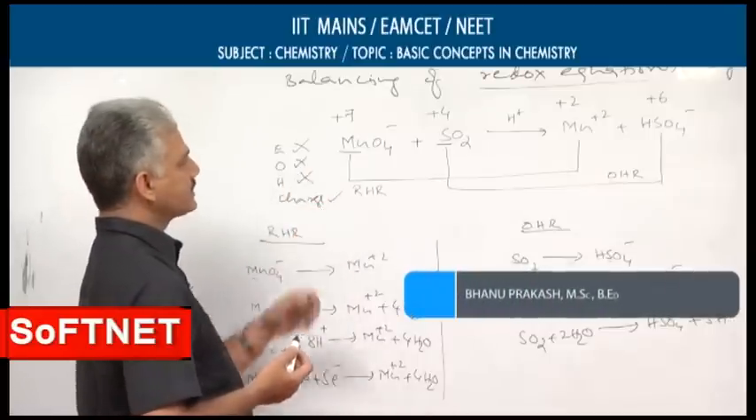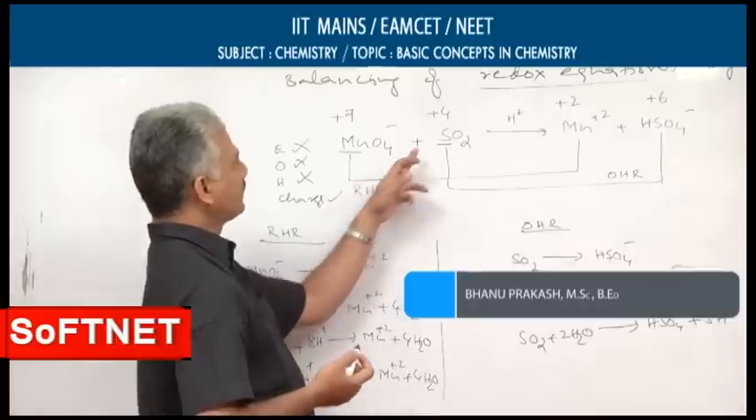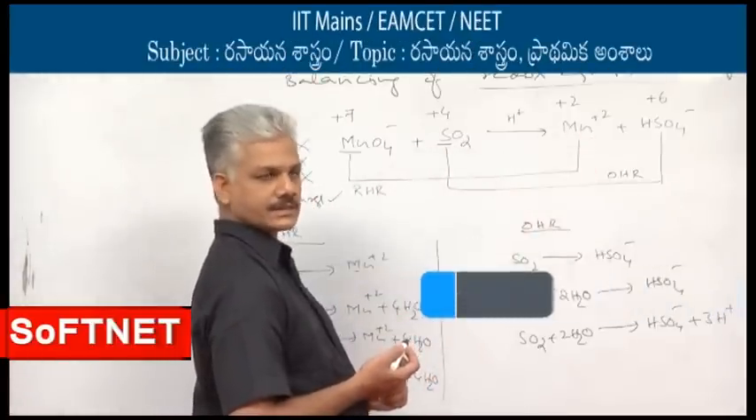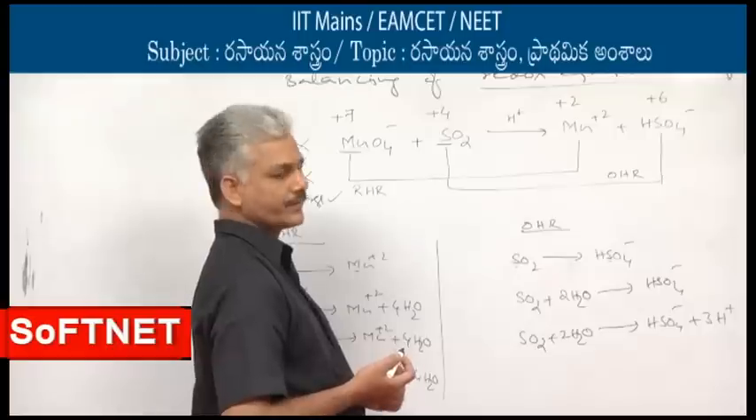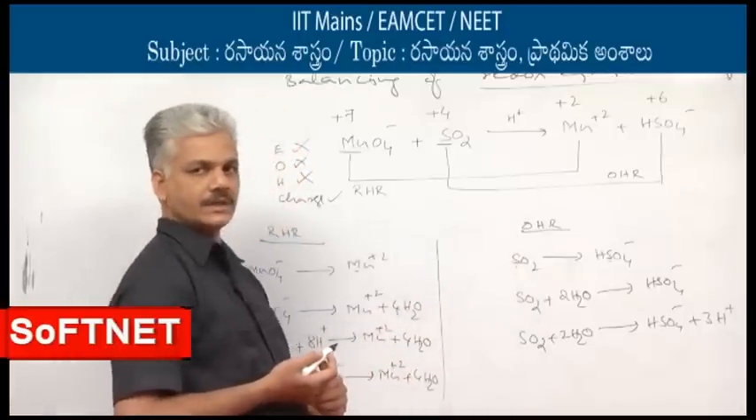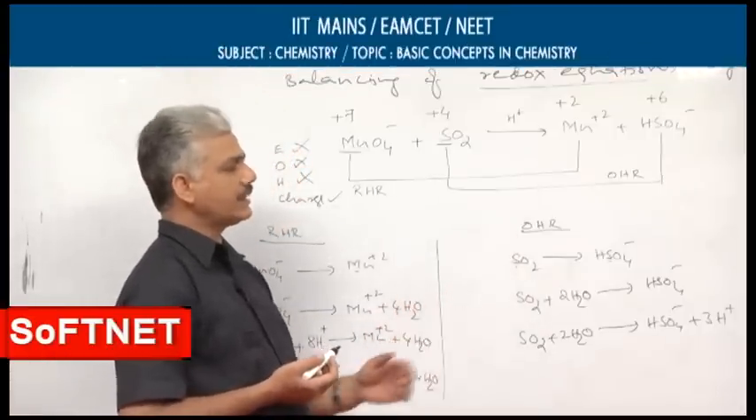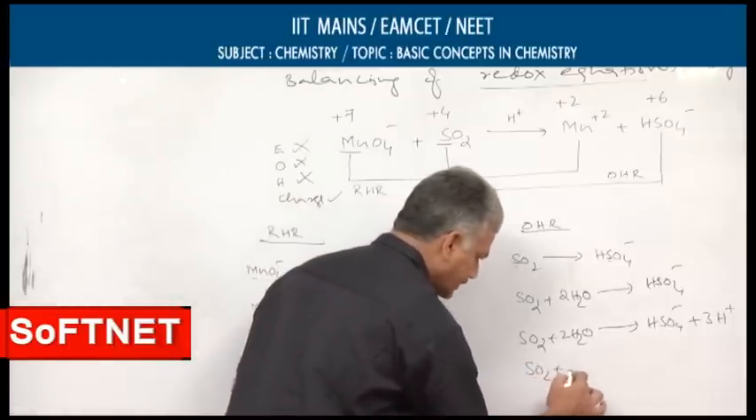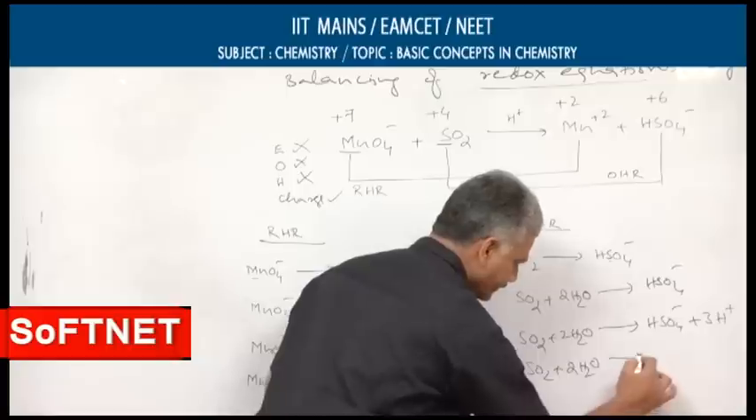Then coming to balancing of charge, sulfur oxidation state is changing from +4 to +6. So, the difference is 2 and it is oxidation. As oxidation involves loss of electrons, it is depicted on the product side. So, the last stage is